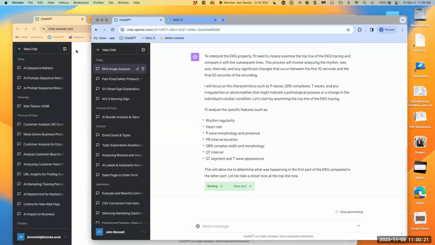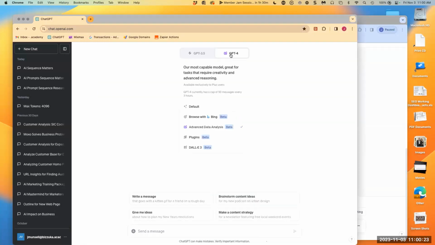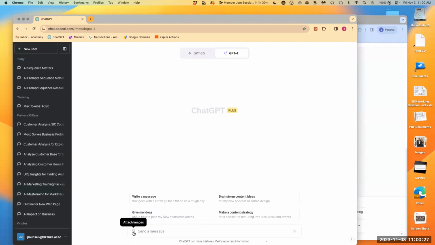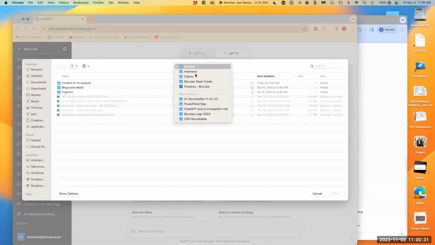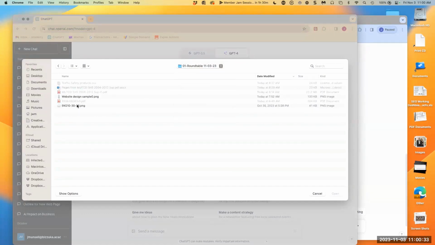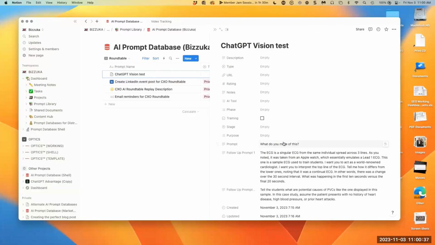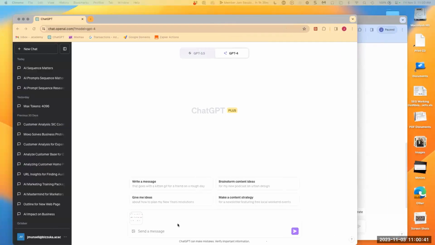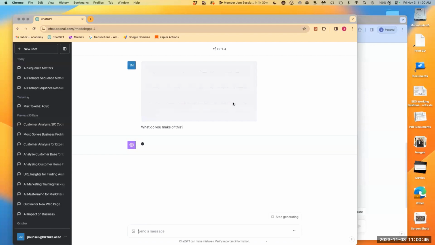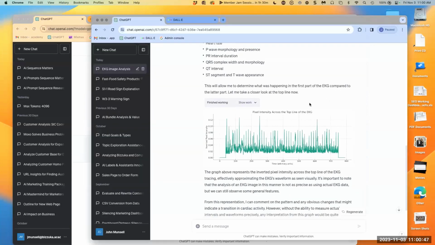See what it do. While I'm doing that, I'm going to go over here, and then I'm just going to go to the default, because the default allows you to upload an image, and we will upload that same image. And then we'll go through the same initial prompt. Let's see if it does it like it did this morning. Because this morning, this one,